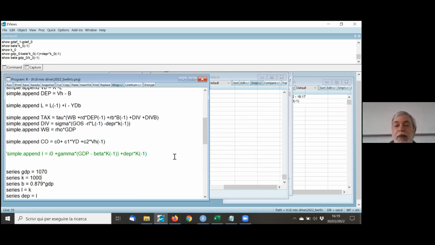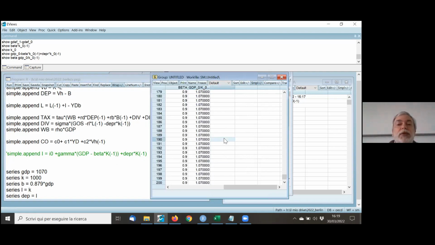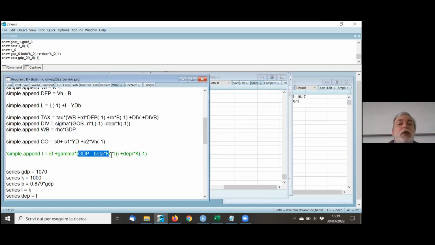This would imply gamma equal to 1. So right now this is 1.07 and we want